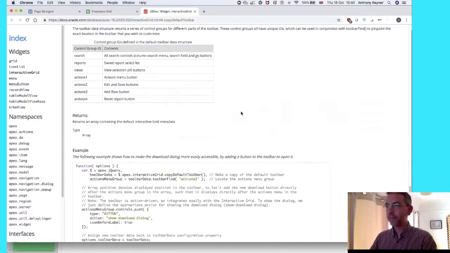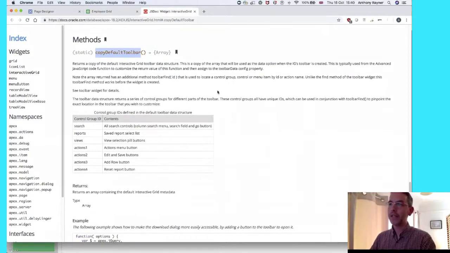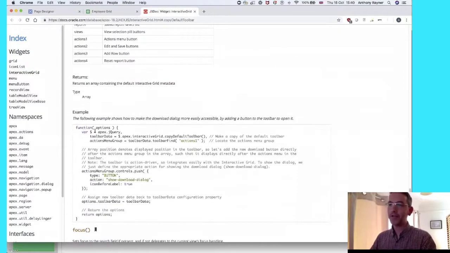In the doc for the interactive grid widget, there's this example for copy default toolbar. It shows you how you can use JavaScript and JavaScript APIs to add a button to the toolbar. So you copy the default toolbar, you find the relevant group in the toolbar, it's managed as an array, so you add that button to the array, and then you set that back to the toolbar, and that's all done as part of interactive grid initialization. So that works. It's documented now, which is much better. But